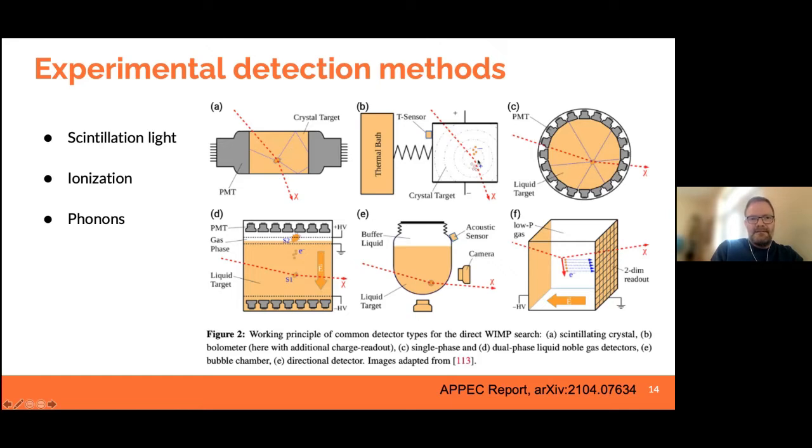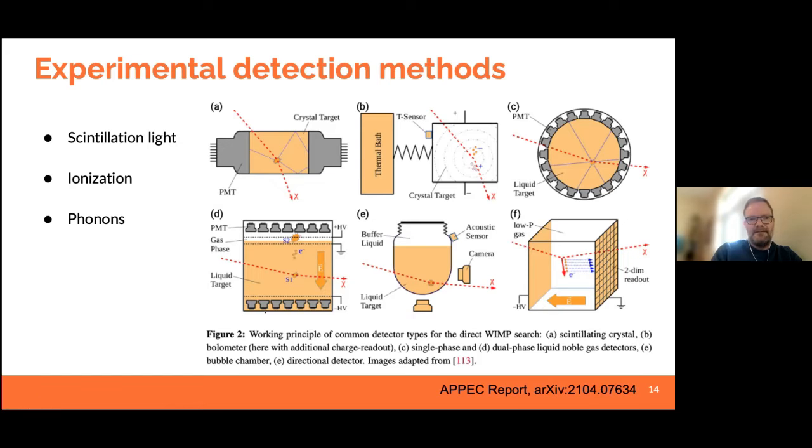Then one has other crystal targets where you get a charge and then a heat signal, where you can detect phonons. Then there are the liquid xenon and liquid argon detectors, and there are two approaches. One is just with a liquid target, and the more modern ones have a dual phase, where you have a liquid and a gaseous phase. And I will talk about how that works